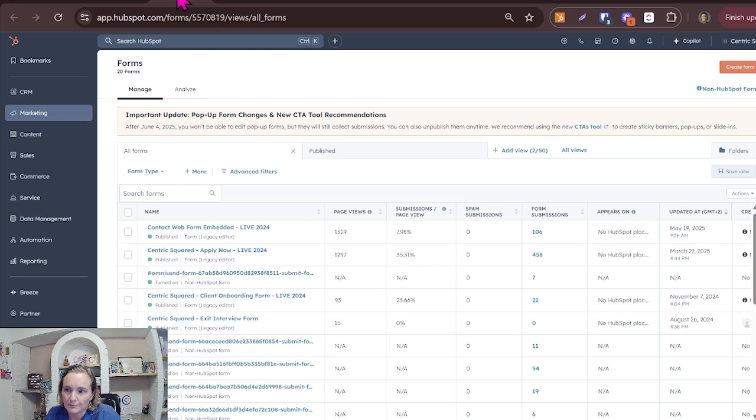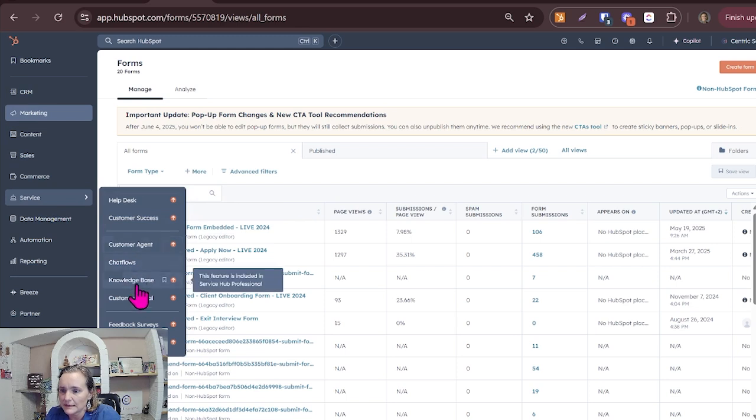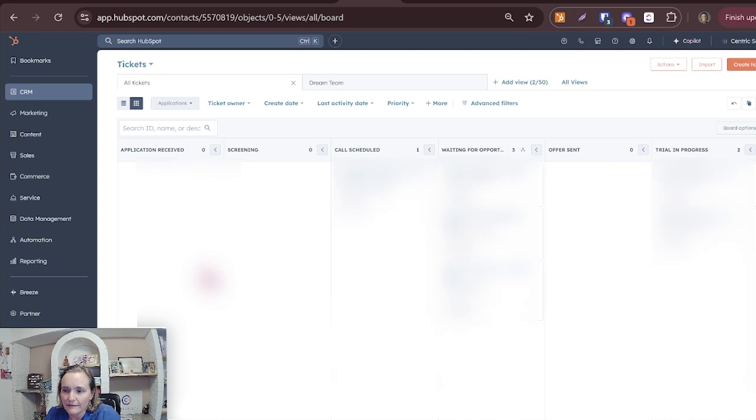I will make another point here, and that's about the ticketing system. Let me show you a kind of creative use case. We have a bundle of sales marketing service starter plan, which means we have access to this ticketing pipeline, and we don't have a whole lot of customer service inquiries in our business. We are serving small business owners and we have check-ins with them. We have some email exchanges with them, calls with them, but it's not really a service or a ticketing system per se. So we had this feature in HubSpot, and about 2-3 years ago, we said, we should really be